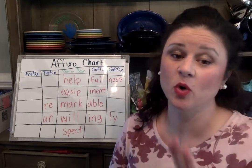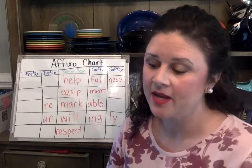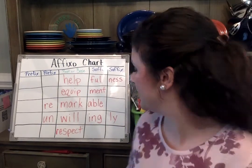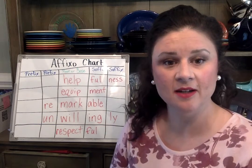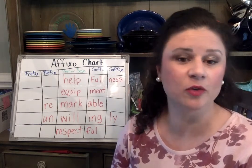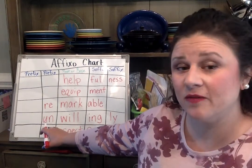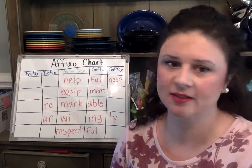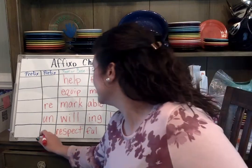No, spect is not a word alone. The word is respect. Now, you could be respectful, meaning you are very respectful, you're full of respect. But what if I wanted to add a prefix to it to mean not respectful? That's right, I would add